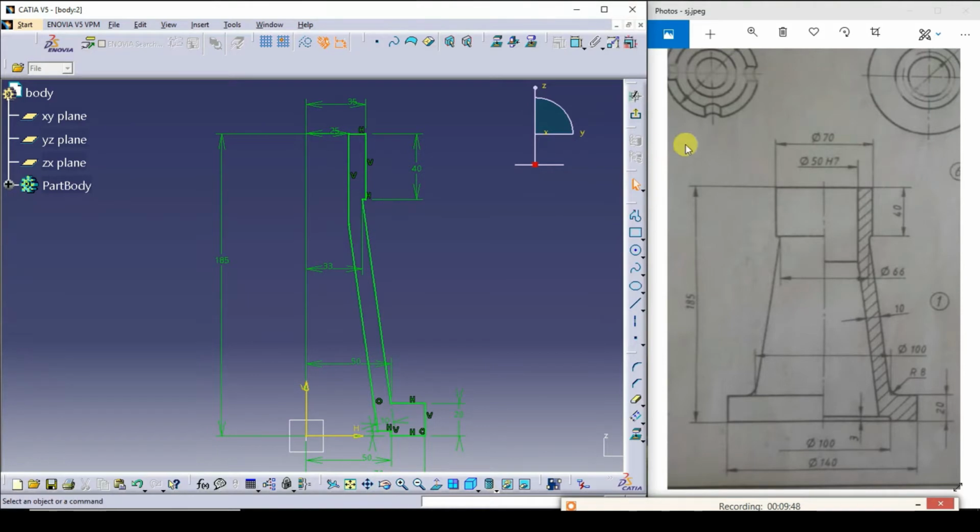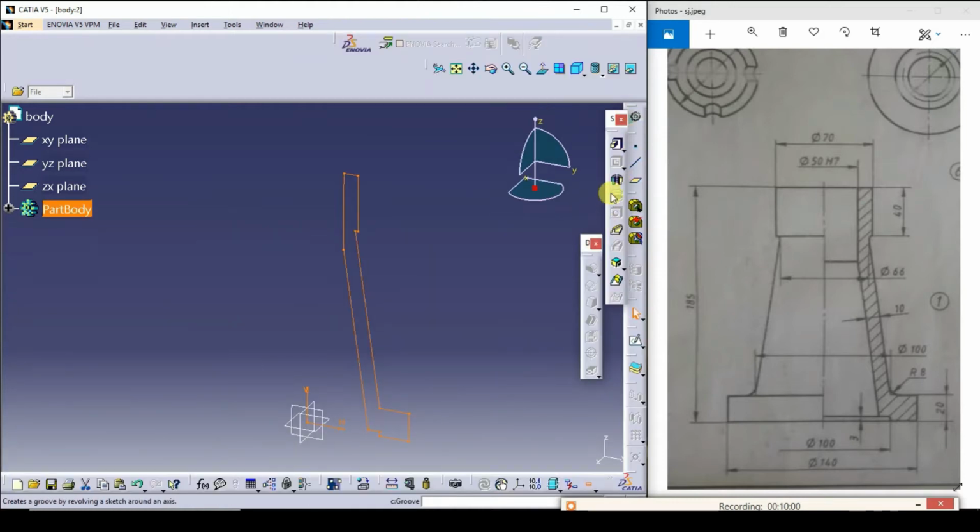Otherwise, I'll draw axis line here. I'll draw axis line. Exit from this.